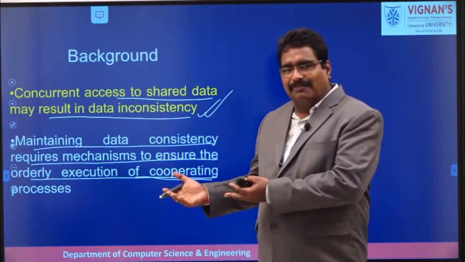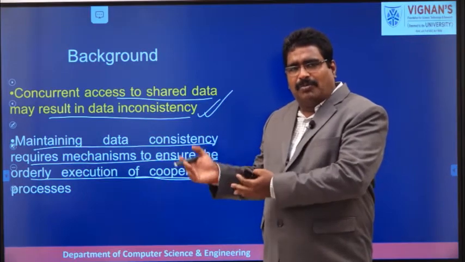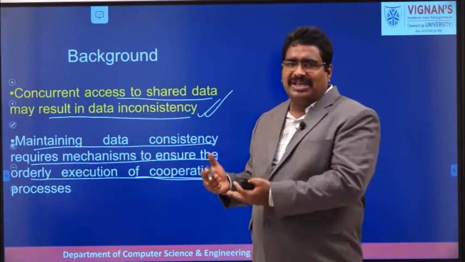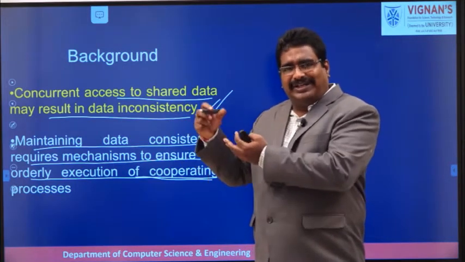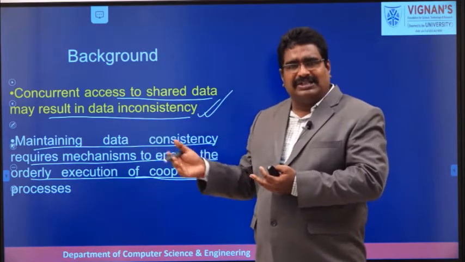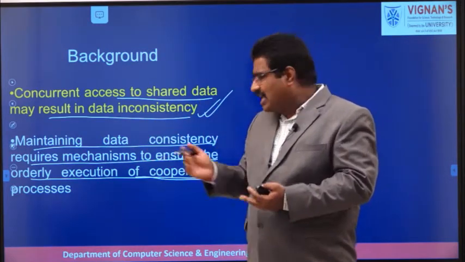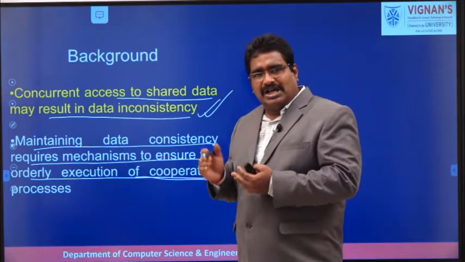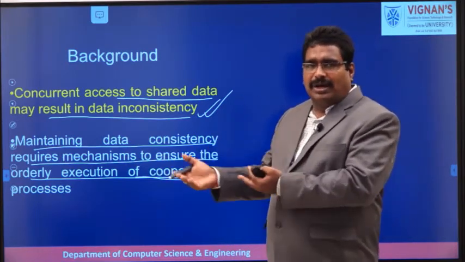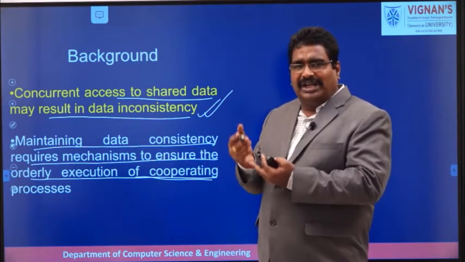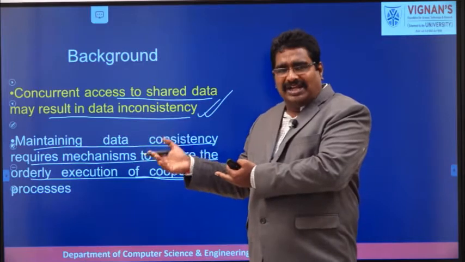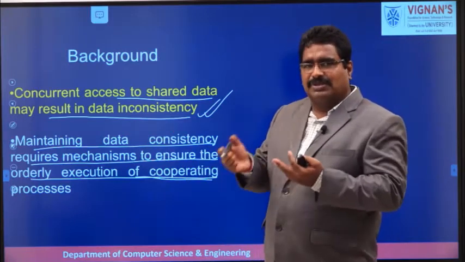In the previous example, to transfer the amount from Kumar's account to the merchant's account, that is one process, because it needs to perform some instructions. That is, the 50,000 needs to be deducted from Kumar's balance and transferred to the merchant account. It requires a set of instructions that is considered one process. Similarly, we need to transfer the amount from Sunil's account to Kumar's account. That is, it needs to deduct 1 lakh from Sunil's balance and the same 1 lakh needs to be added to Kumar's balance. That is also another process.